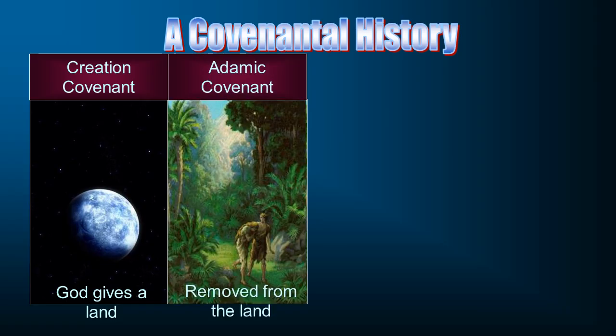All right. Next, we have the Adamic covenant, where God enters into a covenant with Adam. Again, I don't have a specific verse on this. I think I see the idea where Adam is removed from the land. He's been given the land, but then after the sin, he is removed from the land. But God makes covenant promises with him in the process, specifically in the closing verses of Genesis chapter 3. And we'll look at that and we'll see that.